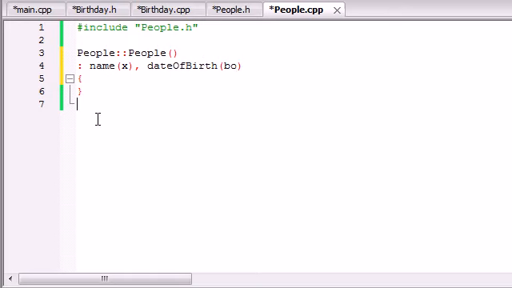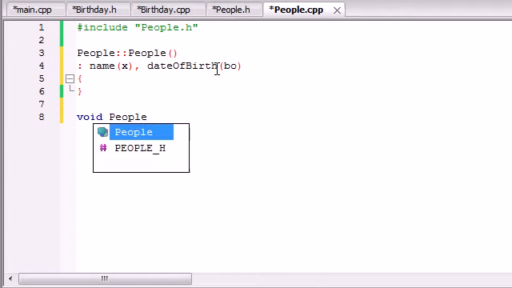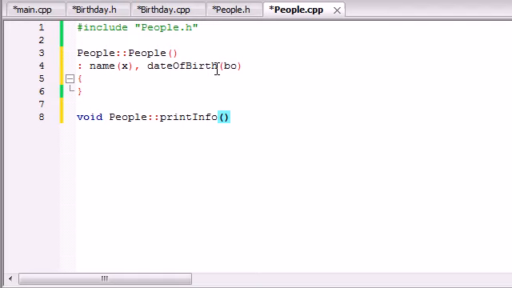So let's take that information and we can use that whenever we're building this other function, print info. So let's go ahead and put void people print info, and of course this print info doesn't take any information, but it's just going to print something out on the screen. So what it's going to do is cout your name variable, which would be Bucky Roberts, and then go ahead and write something like was born on, and then make sure you don't end the line,